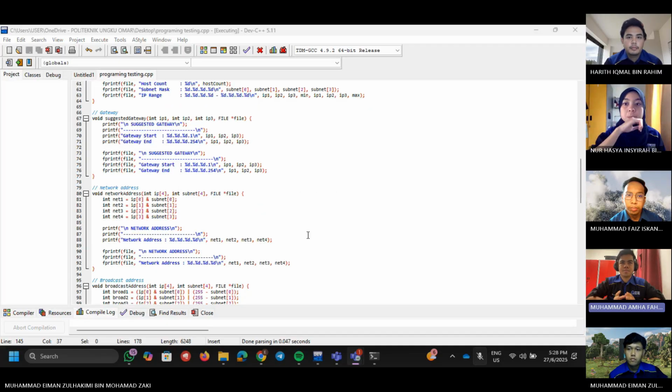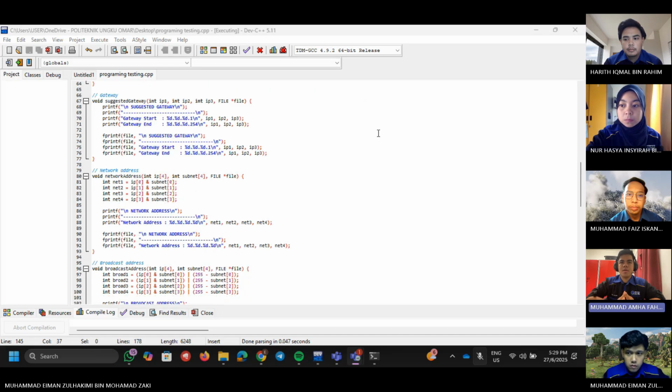So I will explain the functions that declare the gateway and network address. The first function, suggest gateway, is used to generate a range of gateway IP addresses based on the first three octets of an IP address. In most networks, the gateway is often set to either .1 or .254, as these are standard practice for a default gateway. This function takes three integer values representing the first three octets of an IP address, for example 192, 168, and 1,